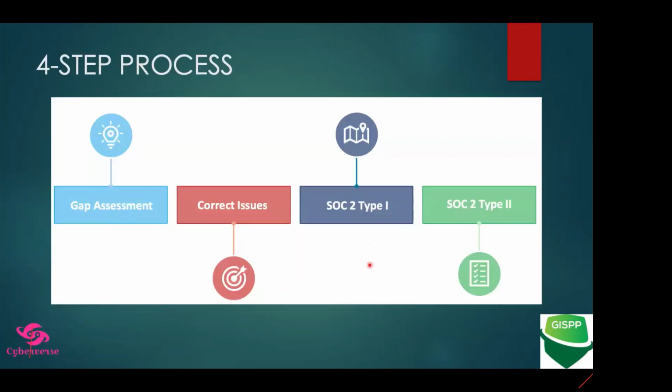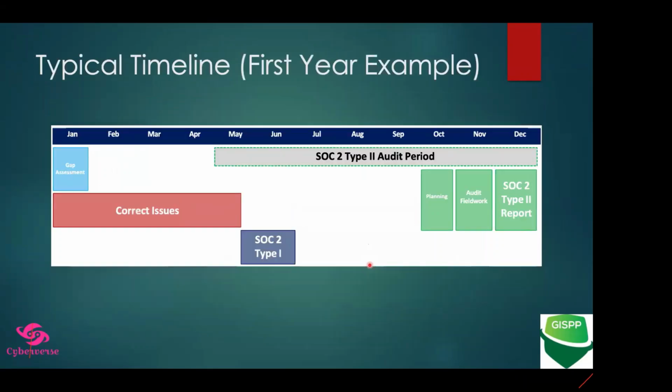Normally, we follow a 4-step process. Again, this is not coming from SOC2. This is generally our approach as a business or as a consulting firm, or for that matter, any organization. If you want to do the SOC2 preparation yourself, generally you follow a 4-step process. First of all, you define the scope and do your gap assessment based on that scope. Based on the gap assessment, you start implementing the controls and fixing your issues. And then you go for SOC2 type 1 and SOC2 type 2 reports. So what is type 1 and type 2? Again, we are going to see that one.